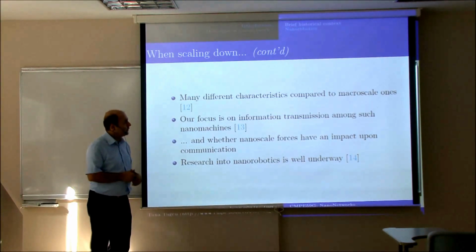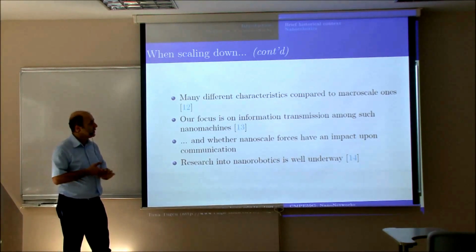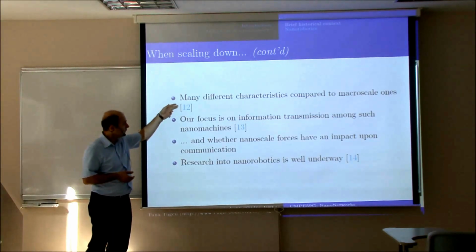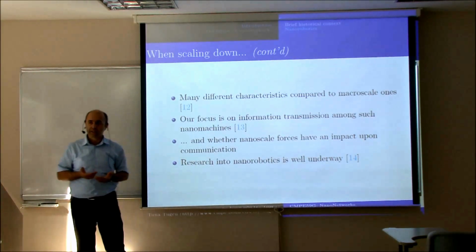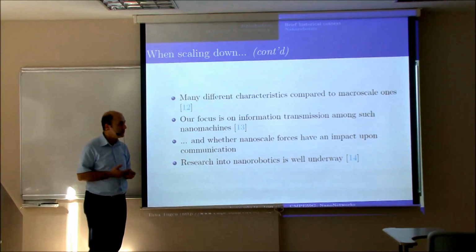There are many different characteristics of these nanoscale and microscale devices. They're compared in this reference. If you're interested, you may have a look at it. But our focus is not on the robotic side in this course. Our focus is on the communication component. So